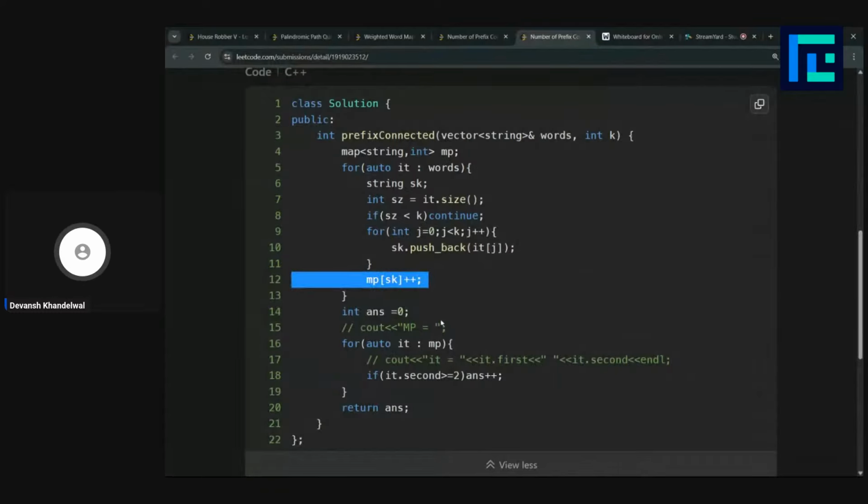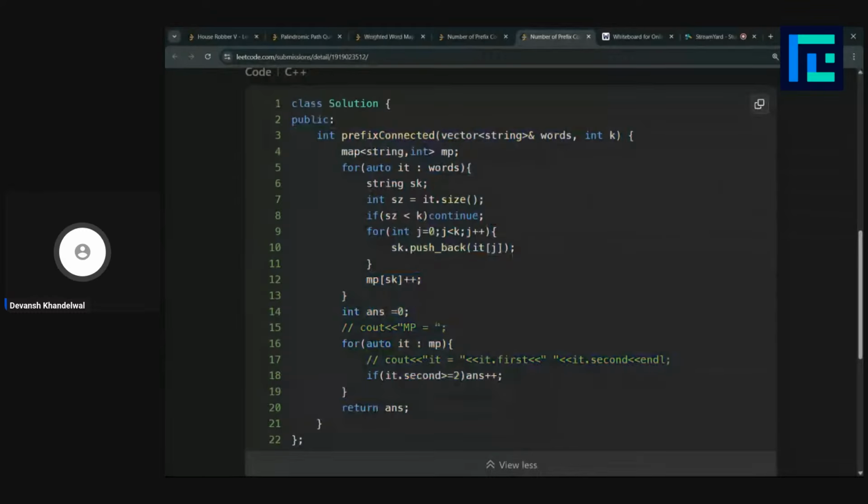And finally, we are checking how many prefixes had the total number of strings with the same prefix greater than or equal to 2, and we are incrementing our answer according to that, and then we are returning the answer. So this is a pretty straightforward and small solution.